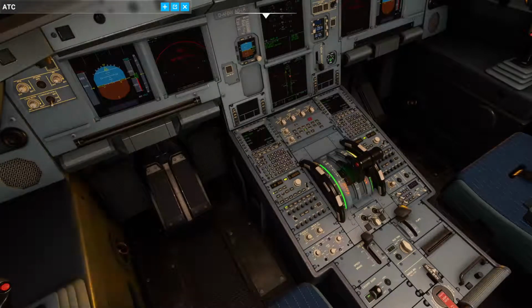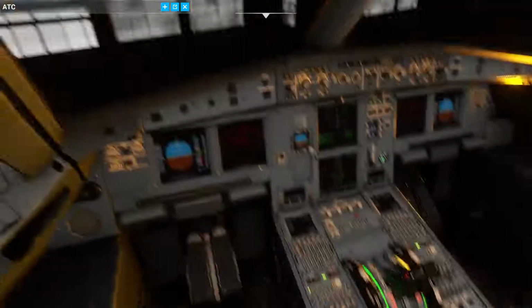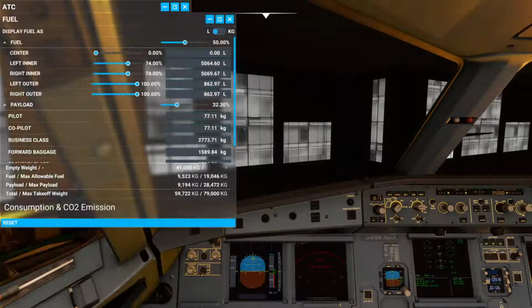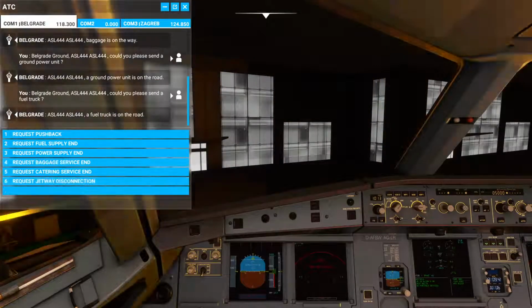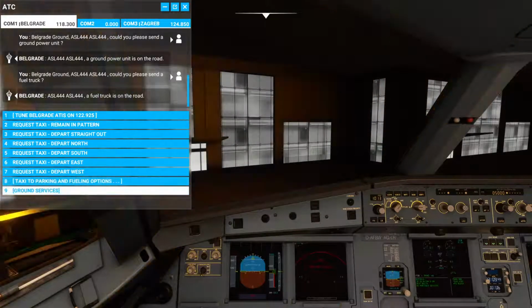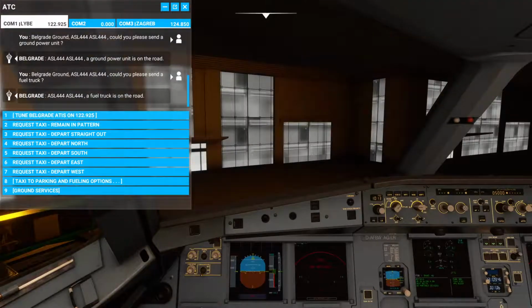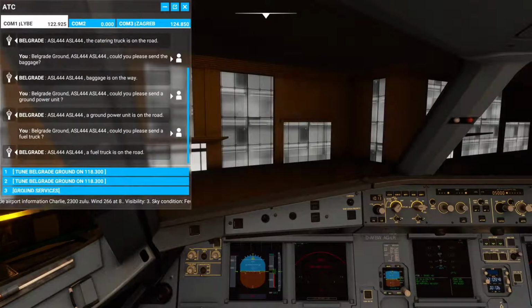And now we can actually get the ATIS information. No, we will not touch the fuel. I'll get back to that later on. So basically the first thing I like to do is to connect to the ATIS, and then basically from all